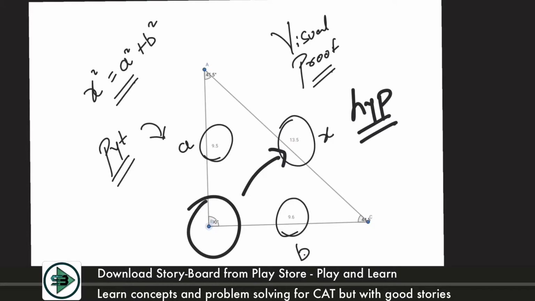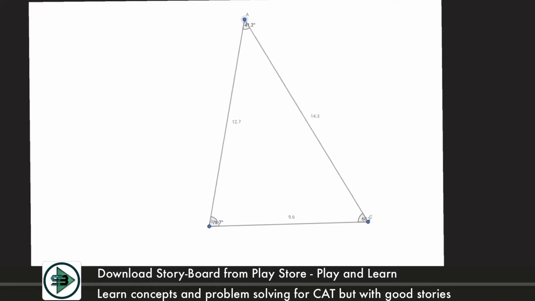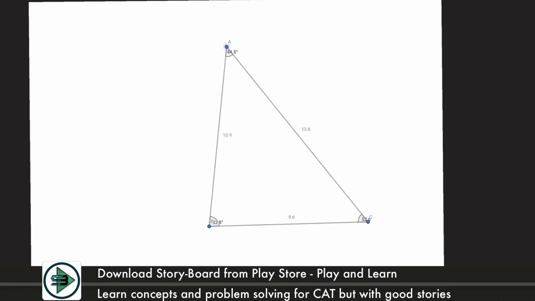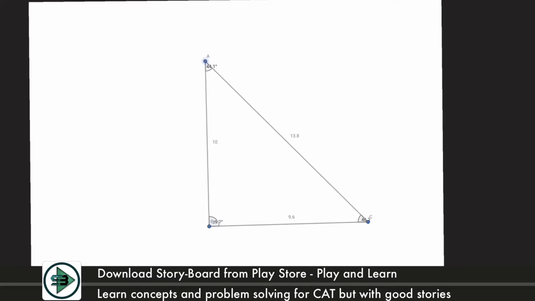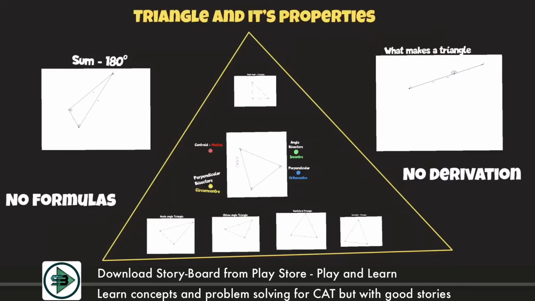Okay, now let's just play with this triangle and see if this is actually happening in all cases where I make the angle 90 degrees. So let's see a visual proof of this. Now I changed this right angle triangle. All the angles are changed. Now let me again make this a right angle triangle. After changing this, all the sides changed because I was changing the triangle. Again I make it 90. Then you have 13.7, 9.8, 9.6. Does the Pythagoras theorem apply here? 13.7 square should be equal to 9.8 square plus 9.6 square, which means we visually prove the property of right angle triangle, that it will always come out to be true.